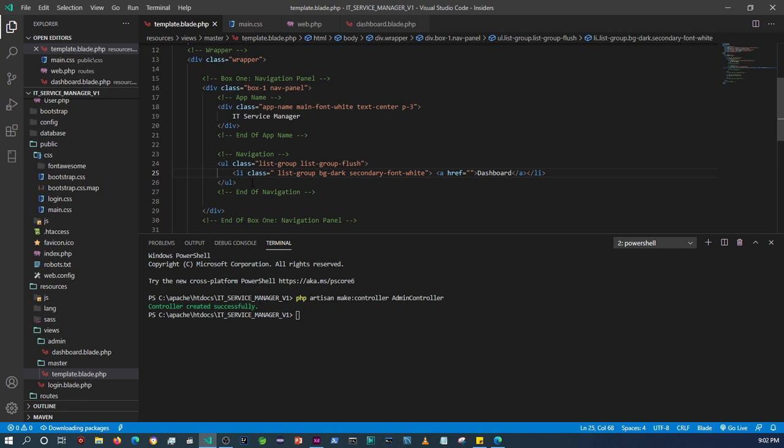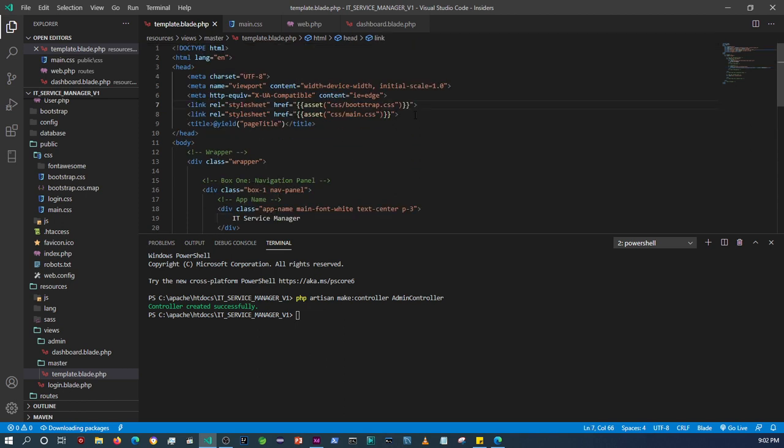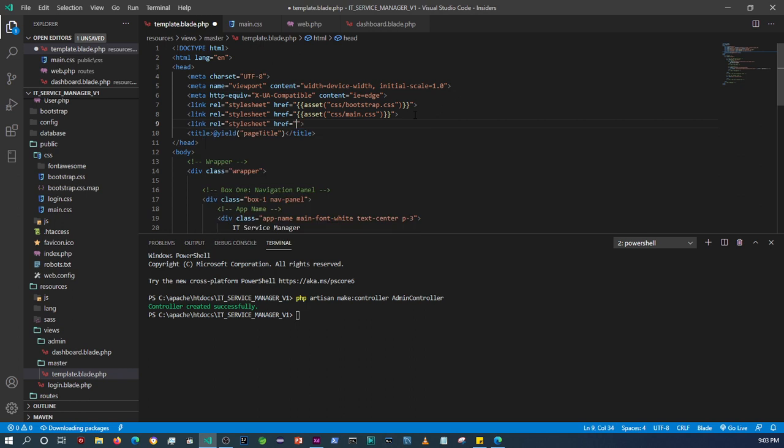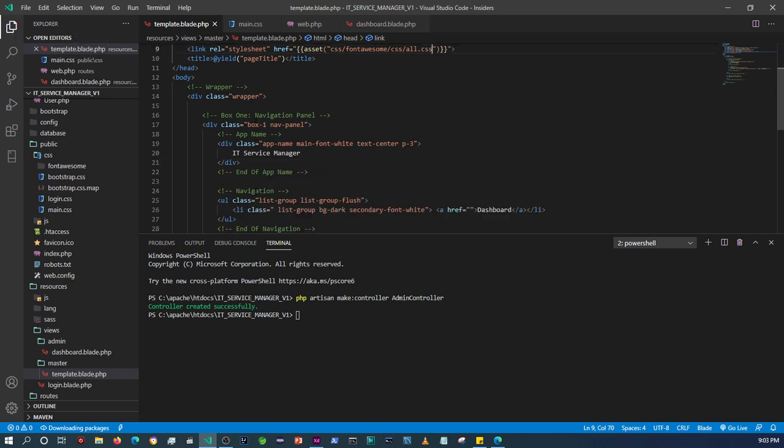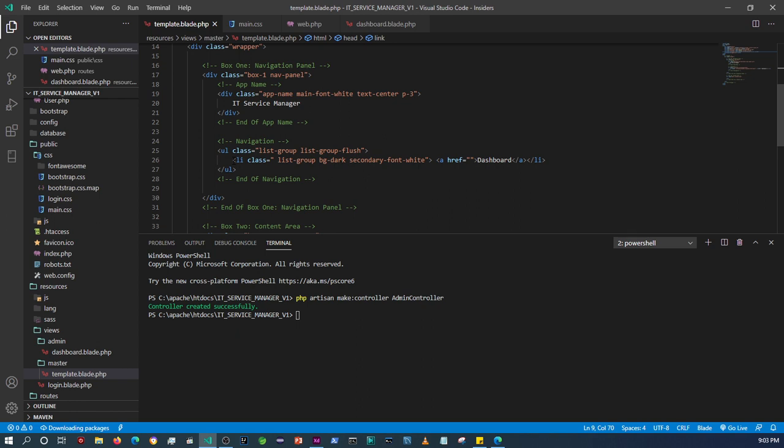What else? Oh yeah, I forgot about font awesome. So I also need to import that as well. And then I'll say assets, and then I think it's CSS, and then I think it's all.css. So in order for us to see if it will appear, I think I need to